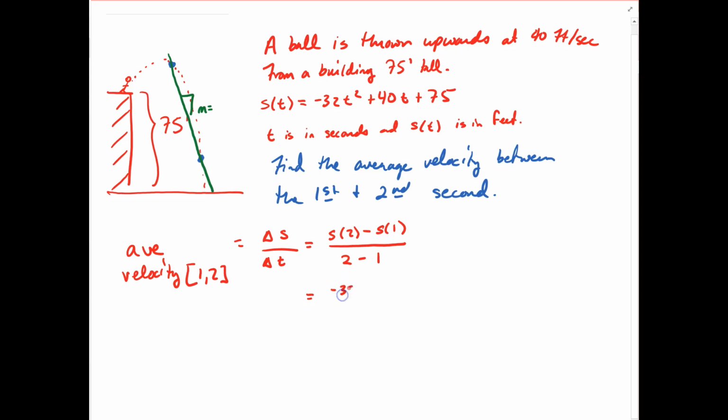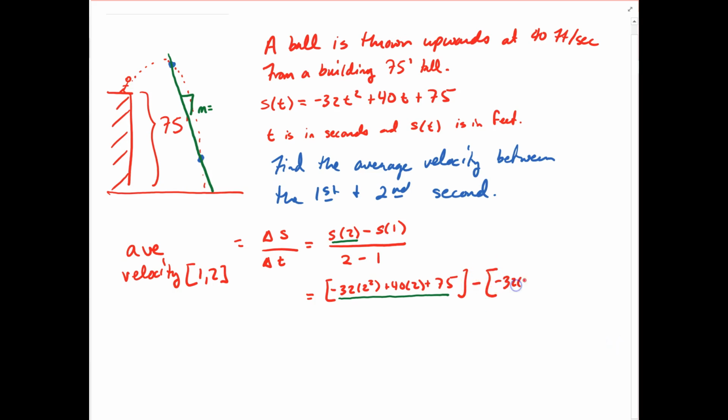So it would be negative 32 times 2 squared. Plug in a 2 there for the value of t. So times 2 squared plus 40 times 2 plus 75. So just to clarify, this quantity right here, s of 2, is this expression right here, minus s of 1,